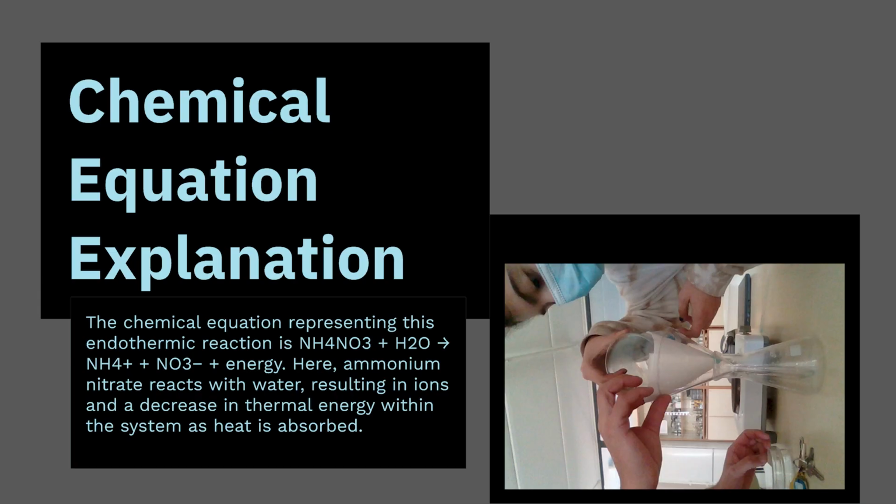Now let's explore an endothermic reaction. Consider the dissolution of ammonium nitrate in water, which is used in instant cold packs. The equation for this reaction looks like what's showing on your screen. And from this reaction, we can see that the reaction absorbs heat from the surroundings, causing the temperature of the